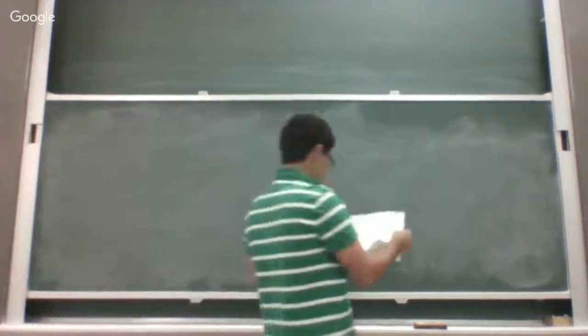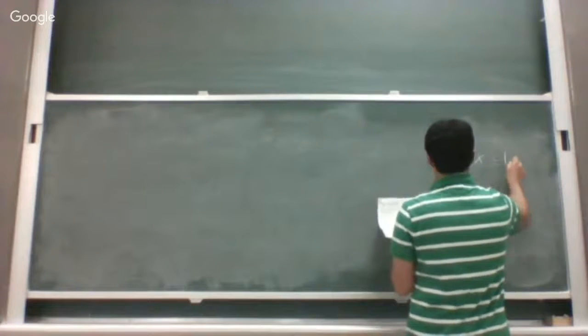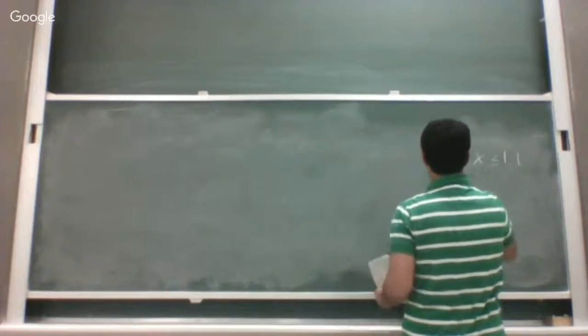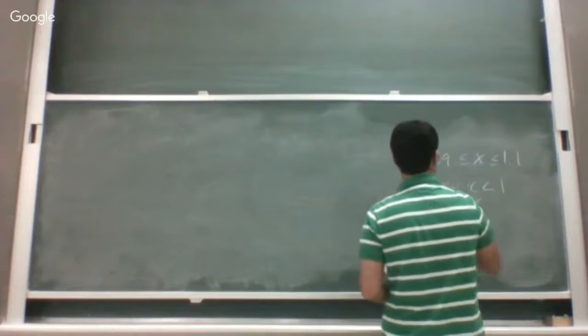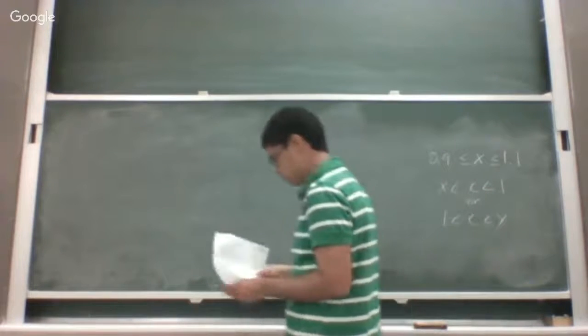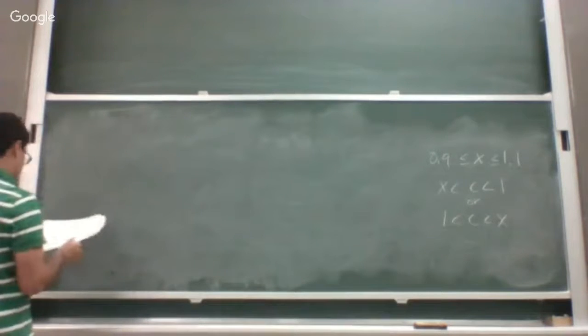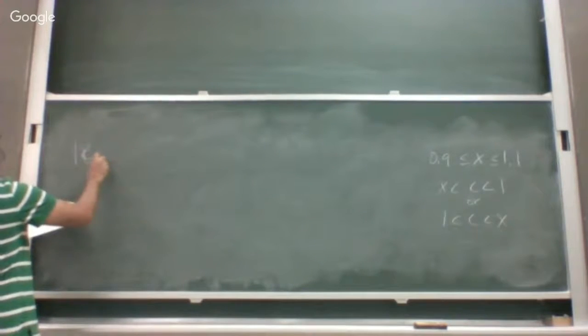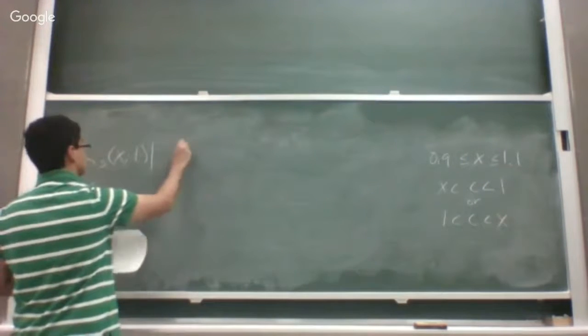So now we have to estimate the maximum error with our limits, 0.9 less than or equal to x, less than or equal to 1. And we know C has to be between x and 1. So the actual value of R5 of x comma 1 has to be less than or equal to